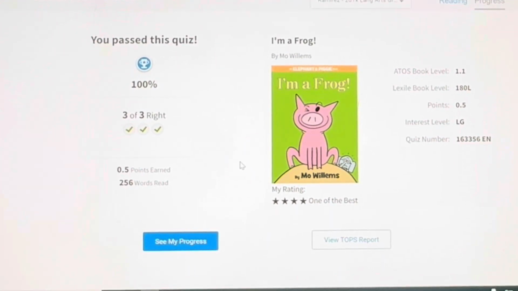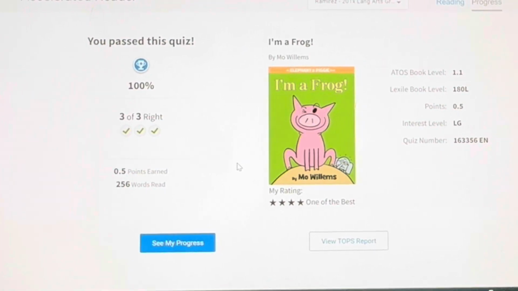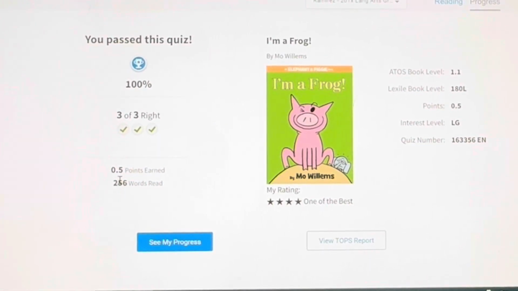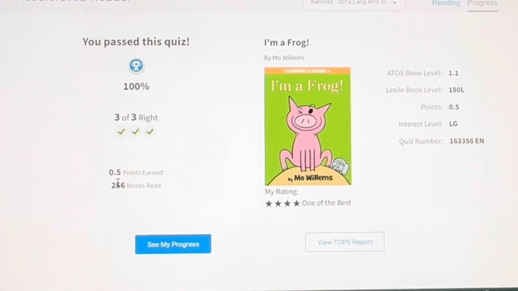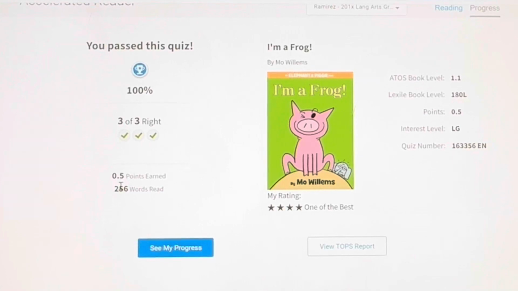Now, this is another very important difference between Reading Counts and AR. In AR, many of the books are only worth 0.5 or half of a point. I earned 0.5 and I read